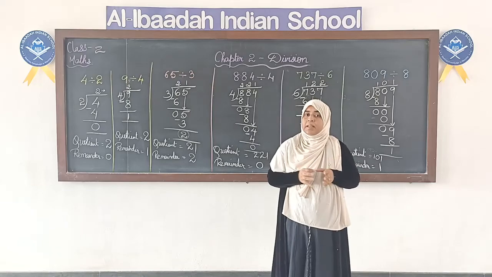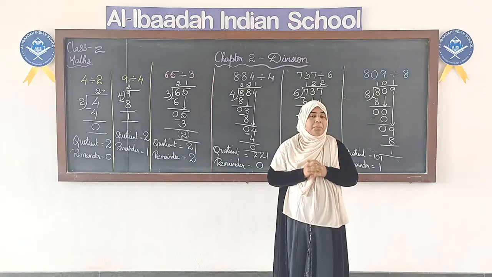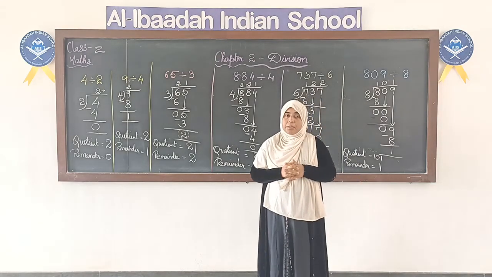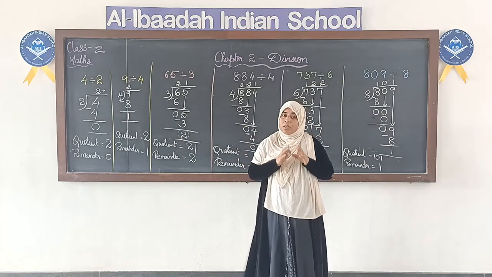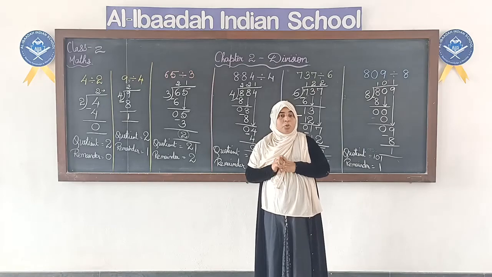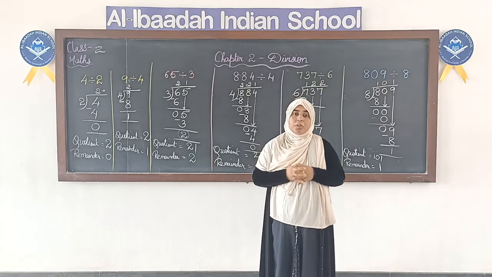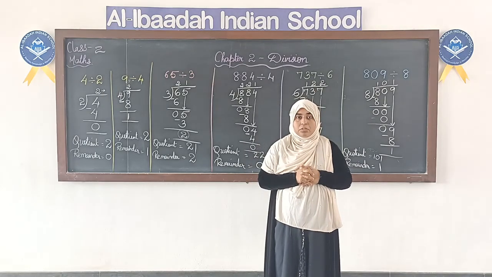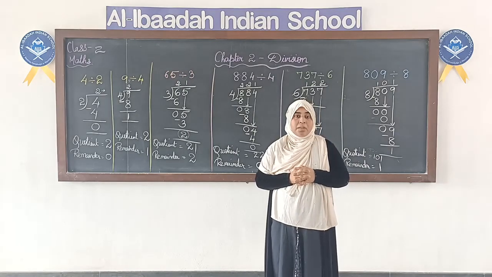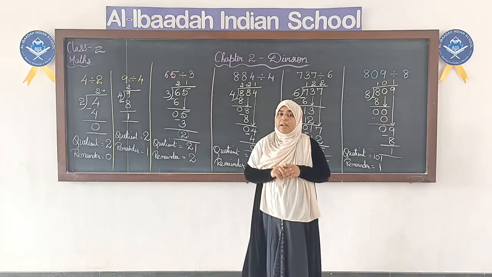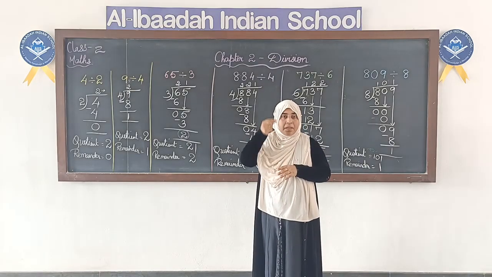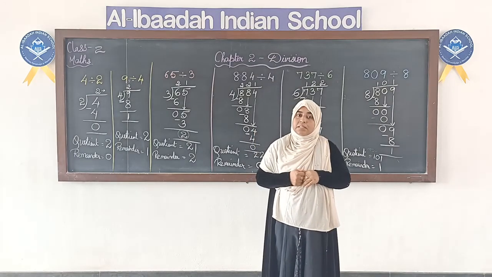Children, once again let me remind you, you have to keep revising multiplication tables. You have seen that all the division that we did, we are using multiplication tables. If you don't know the tables thoroughly, it is not possible for you to do division. So, please keep revising your multiplication tables, and when you are doing long division, we have to divide one digit at a time. One by one we have to bring the digits down.